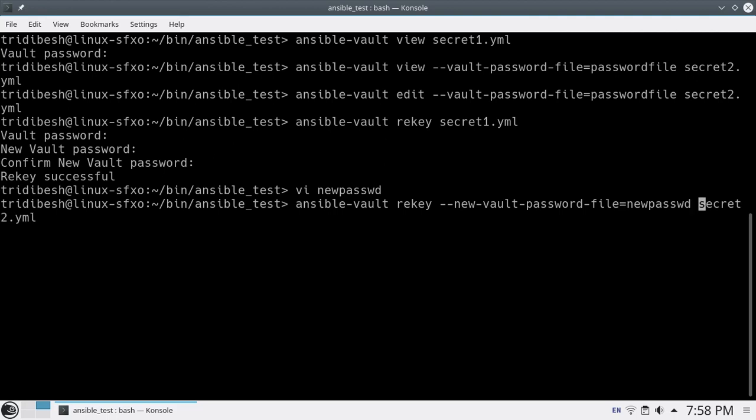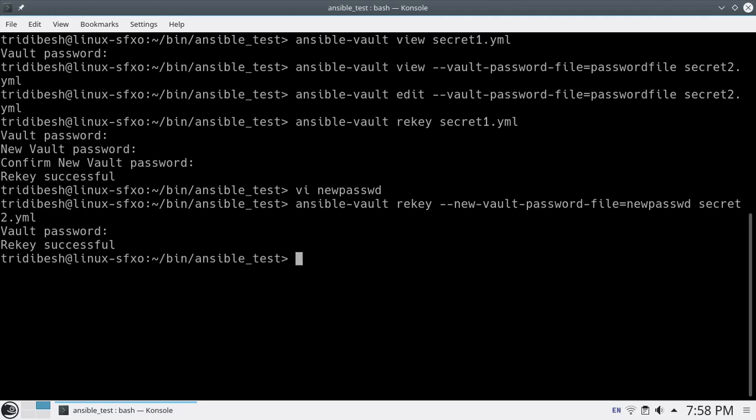So you are putting a new password file. It is asking me for the existing password. I'll put the existing password, and you can see it did a rekey. So like this you can change the encryption password for your existing encrypted file.